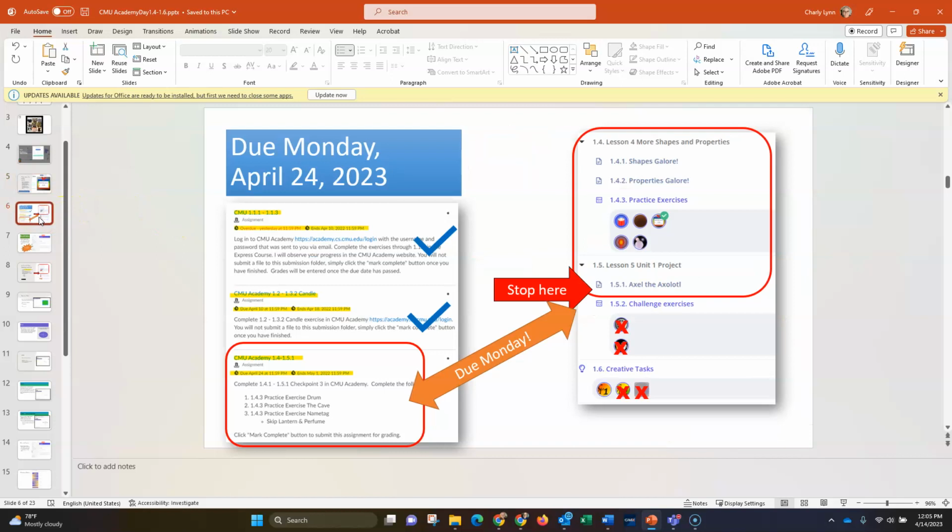The lessons that you're going to complete, and this is in the third assignment that you'll start on the 17th and is due the following Monday, the 24th. You're going to start in 1.4, work through 1.4.3 practice exercises. There are 5 exercises there. You're going to do the first 3, the drum, the cave, and the name tag. You do not have to do the last 2 there. I forget what they're called, but you're only going to do the drum, the cave, and the name tag,